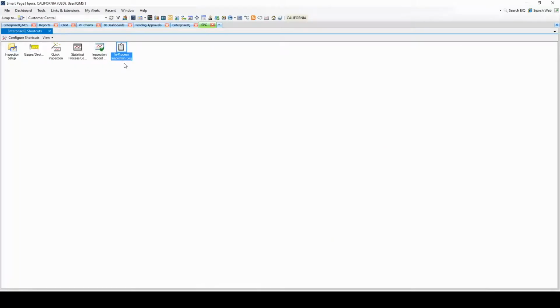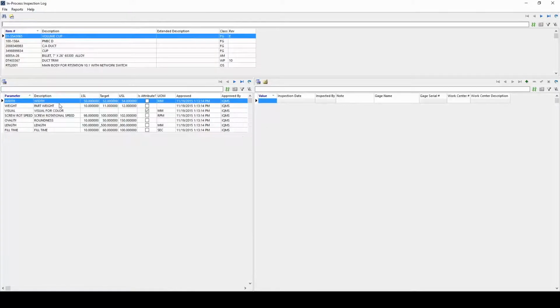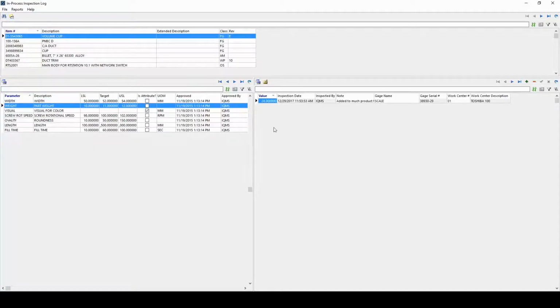Users can use the in-process inspection log to give a live view of the inspections and logging of value data that is happening on the shop floor. This is a great place to view overall notes, including who is conducting the inspections and which equipment is being used. Up until this point, we have discussed manual inspections, but as we mentioned, real-time process monitoring plays a role